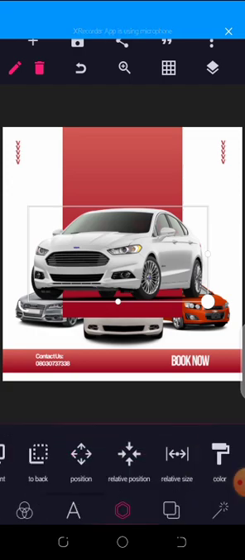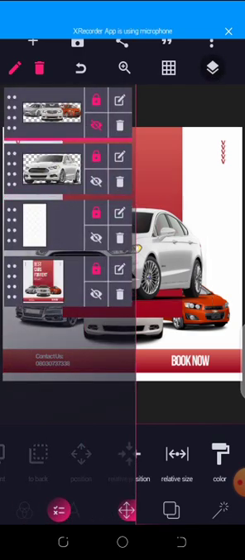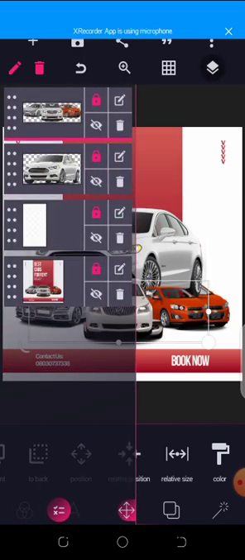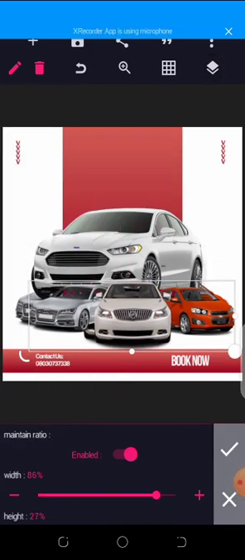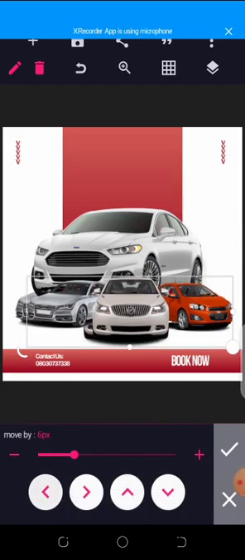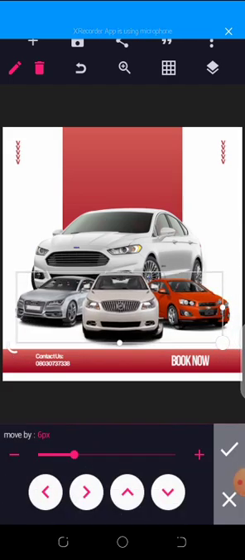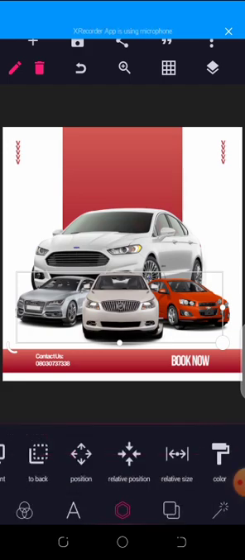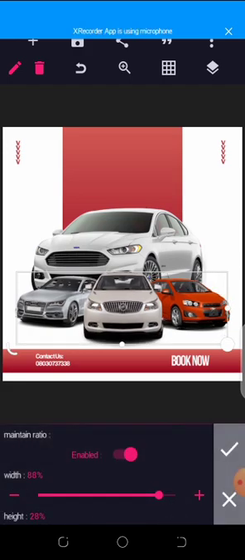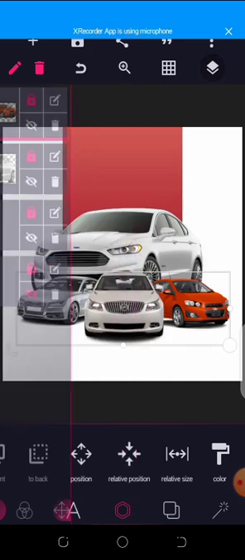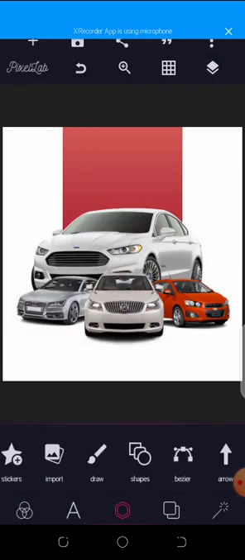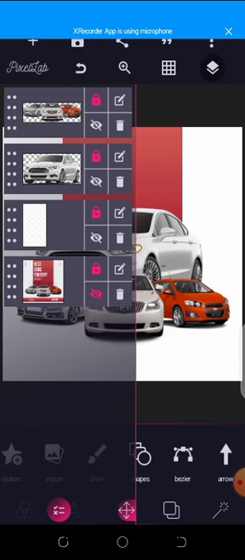Just like this, and then for this one, the other cars, I will increase the sizes and then try to fit them. So I'll increase it. So this is just it. So I'm going to hide the old one. Alright, so I'm going to